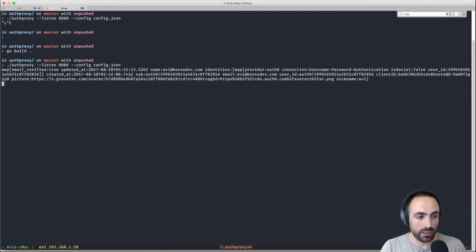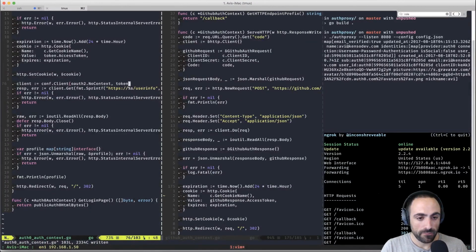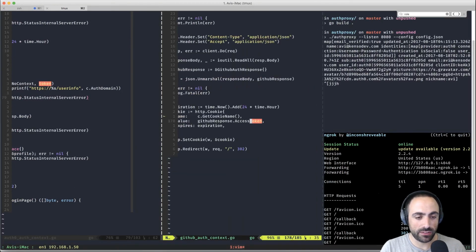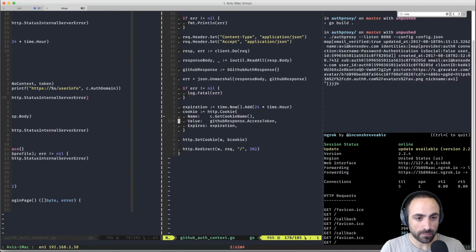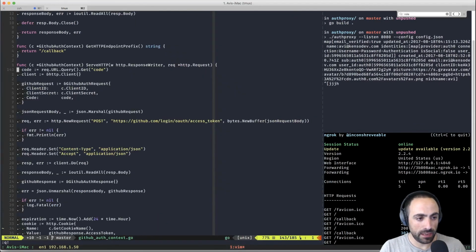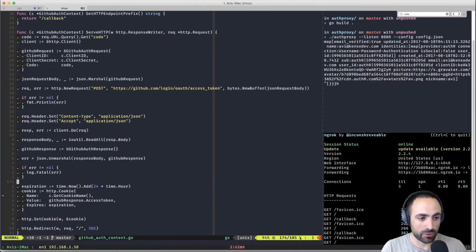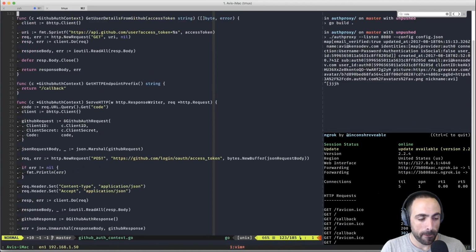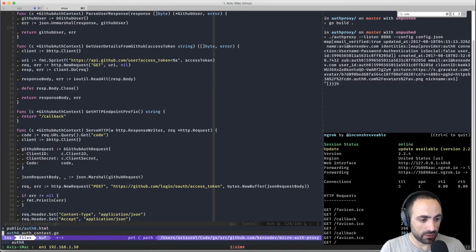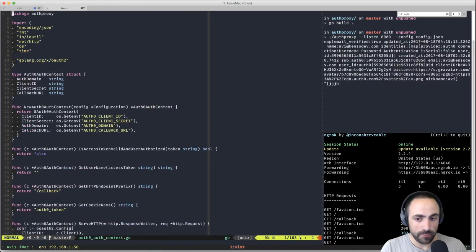So now here, this is the problem. Here, I need this token in order to verify the user. And this token is a problem for me. So let's see what is going on here. This is the GitHub one, Auth0 Auth Context.